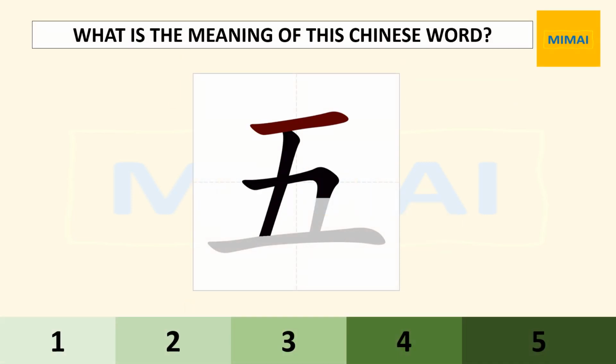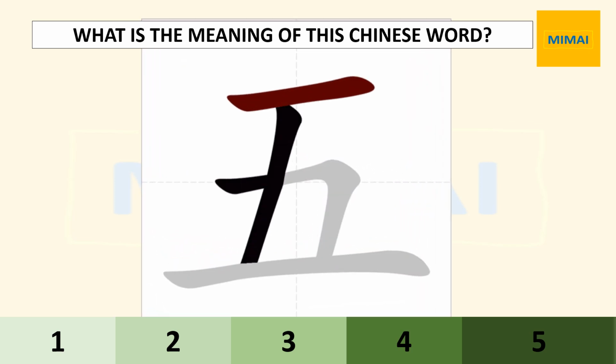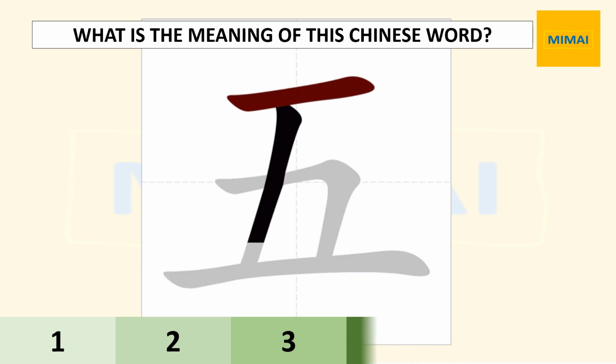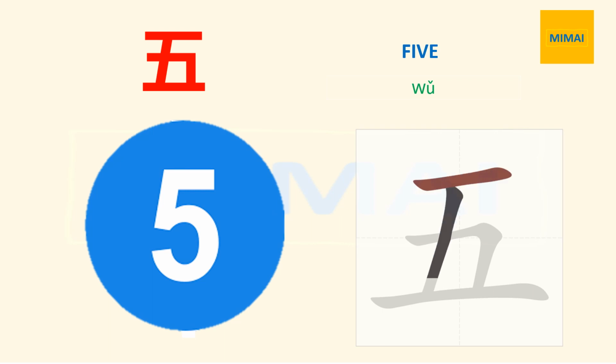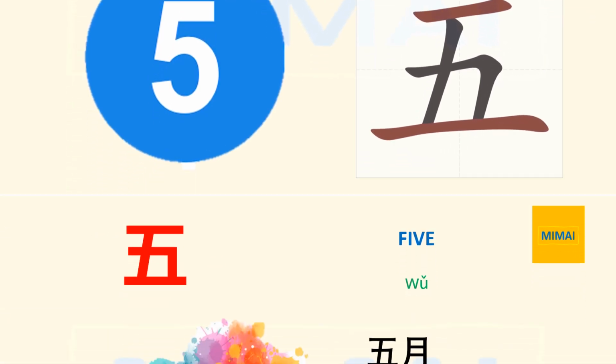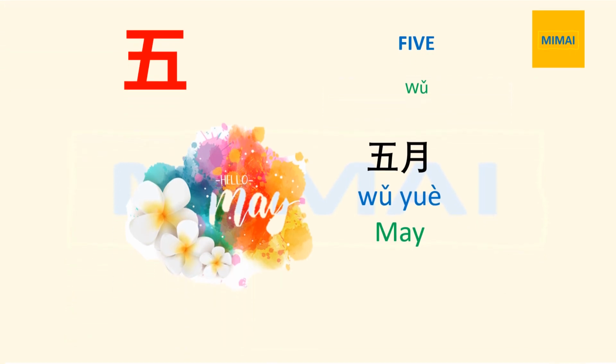What is the meaning of this Chinese word? 五. 5. 五 5. 五 5. Here is an example for this word. 五月